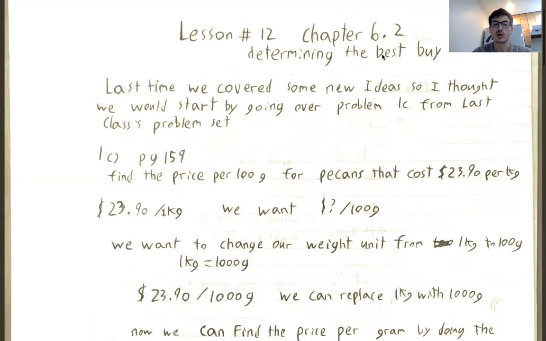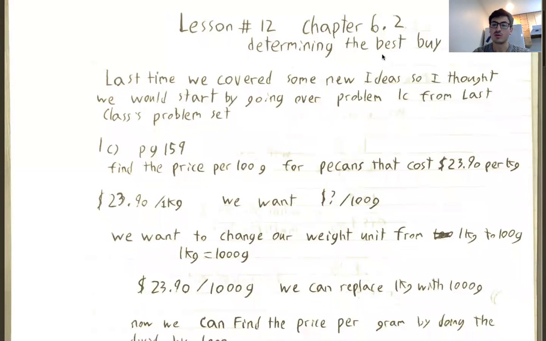So question 1C from last class's homework on page 159. The goal is to find the price per 100 grams for pecans that cost $23.90, so $23.90 per kilogram. And we want to figure out the unit price per 100 grams. So the first thing we want to do is translate the words per kilogram into some math. So this is going to be